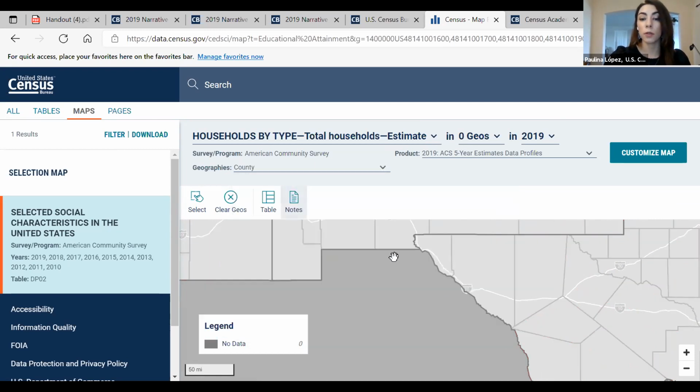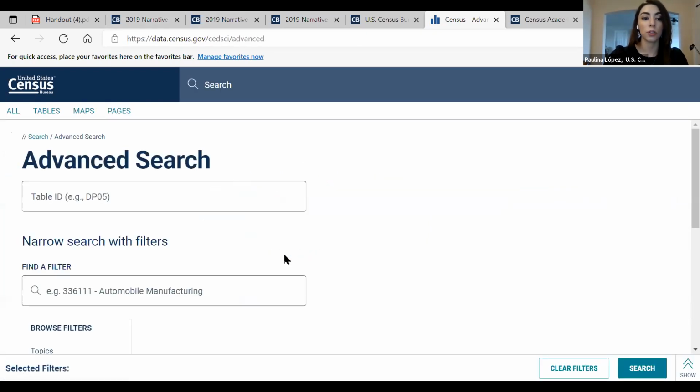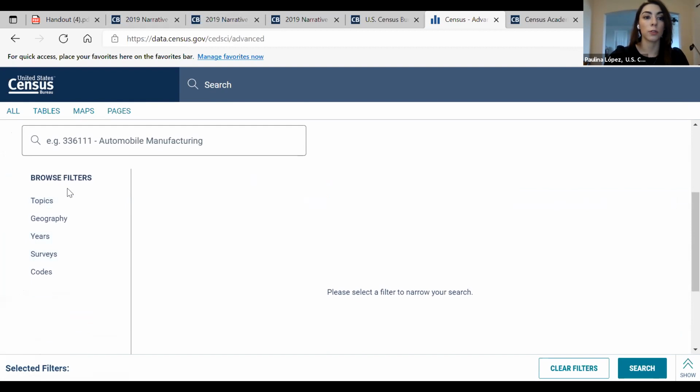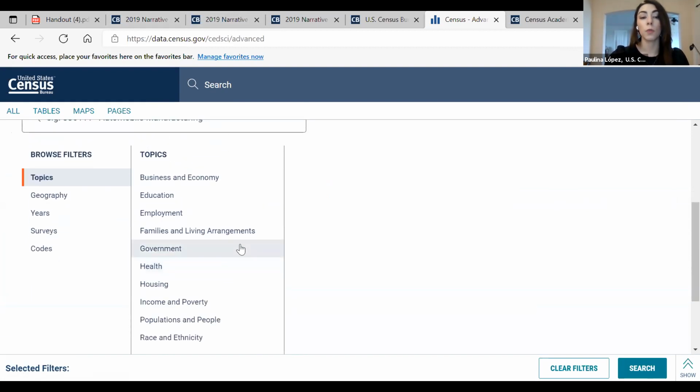So if you want counties instead, you can change to counties and customize your maps and your tables. And if you want to clear everything again, you would click on the Census Bureau logo and do more advanced searches based on whatever topics or geographies you're looking for, and it will further customize your searches and your maps that way. Let me see if there's more questions.